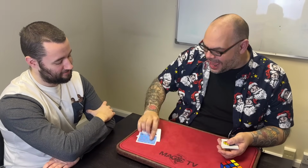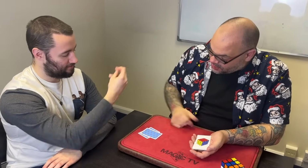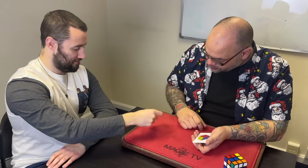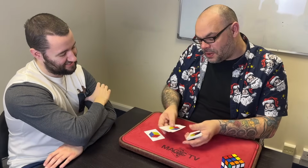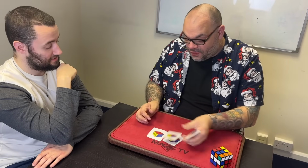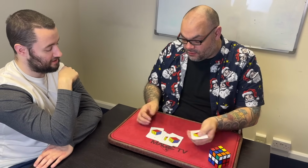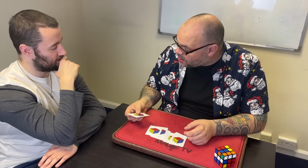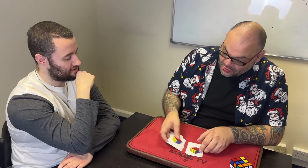I tell you what, we'll do both of these at the same time. We'll do this one and this one at the same time. Snap over. 2 snaps, because there's 2 of them. Turn them over. They're solved. And what we managed to do here is take every single one of these cubes and solve every single one of them, which is great and magical, but there is a problem. What's that? Well, the problem is,